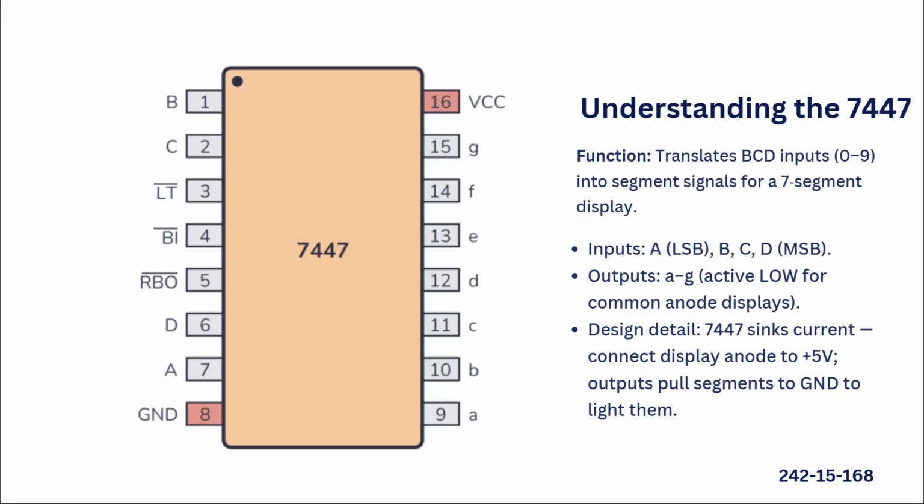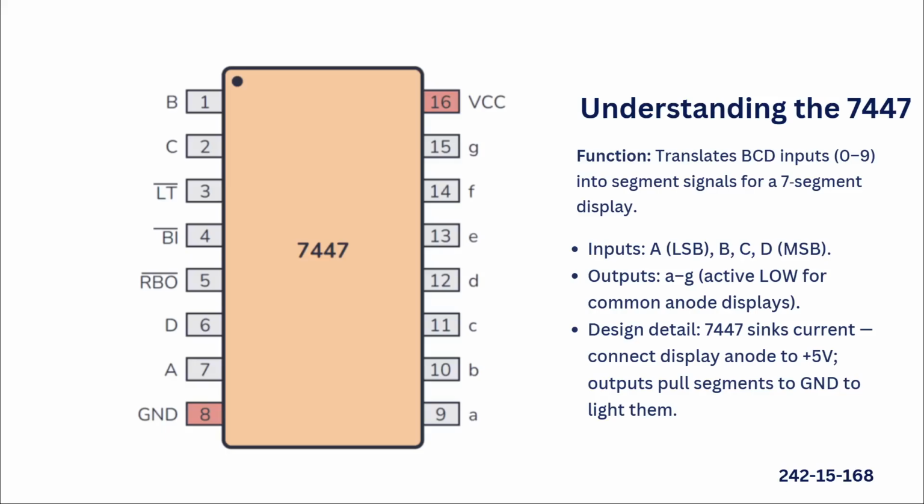Based on the combination of these inputs, the IC determines which segment should be turned on. We can see on the output side it has 7 pins labeled A to G. Each of these corresponds to one segment of the display. The interesting thing is that the outputs are active low. This means when the output signal is low, the corresponding segment lights up, and when it is high, the segment